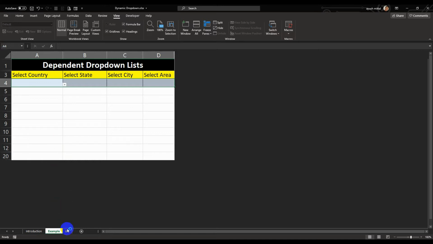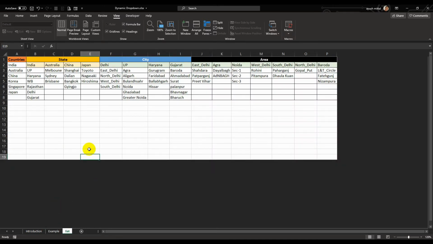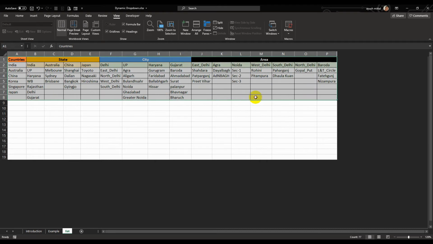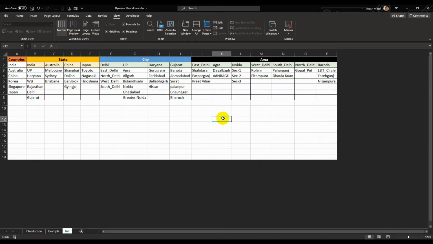For this we have created a list of parameters: the list of countries, the states, the cities, and the areas within the city. We have given all these named references.